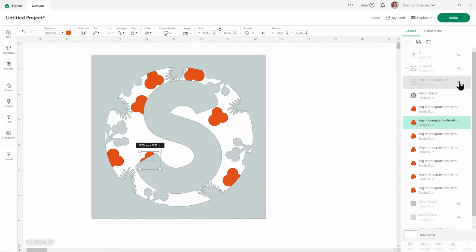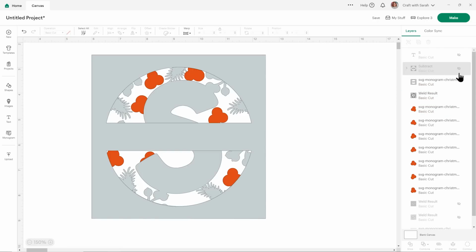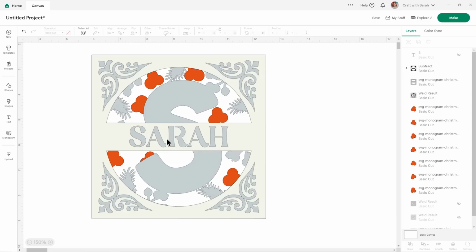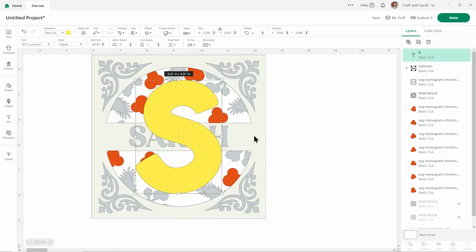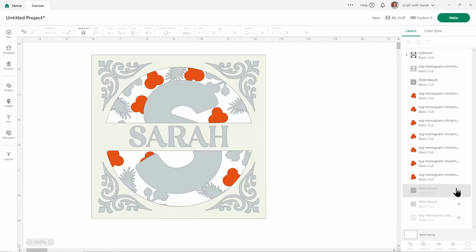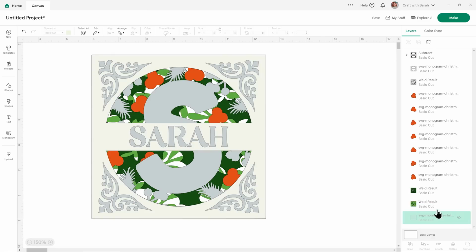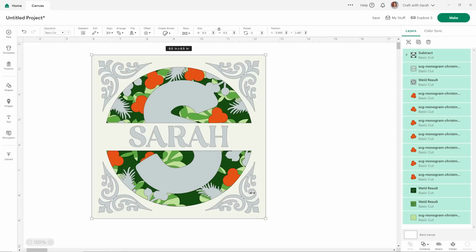And then turn these ones back on. And you might be wondering why there are two grey layers, one on top of the other. I'll explain that when we're sticking it together shortly. And then there's this one with my stencil name cut out. And then remember, I made one too many S. So I'm just going to hit delete on that one. And put these ones back on. And there we go, our fully customized shadow box with a monogram letter and a name cut out from a stencil typeface.